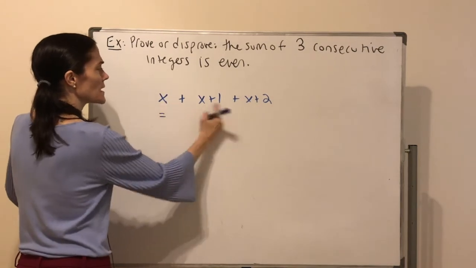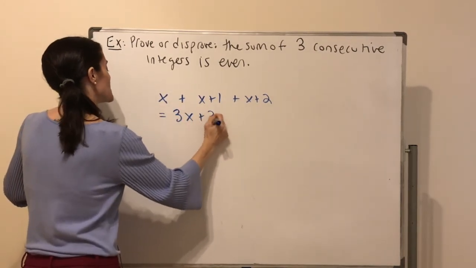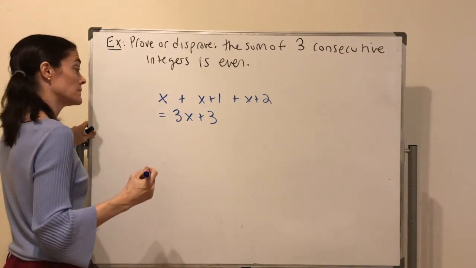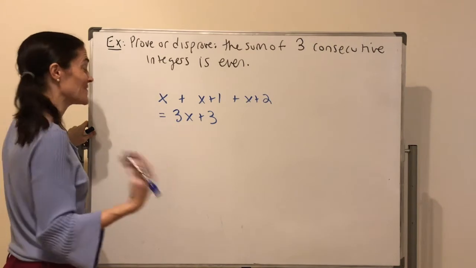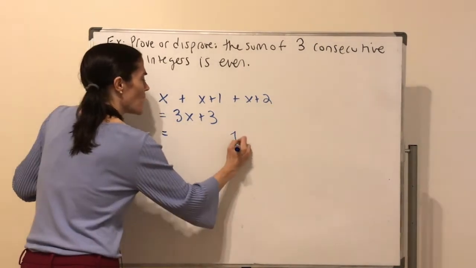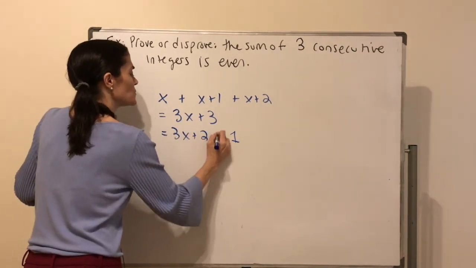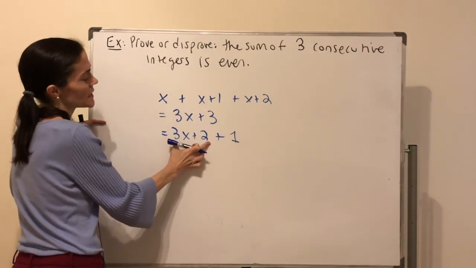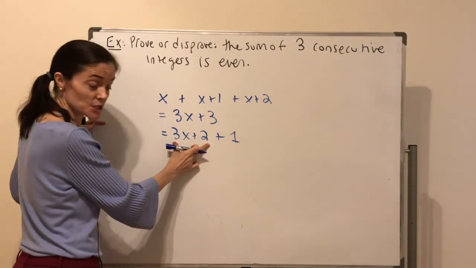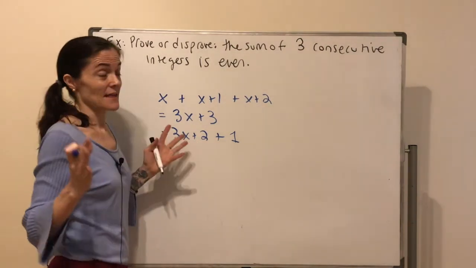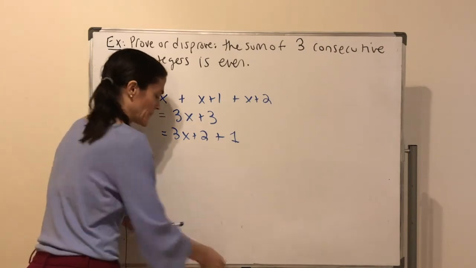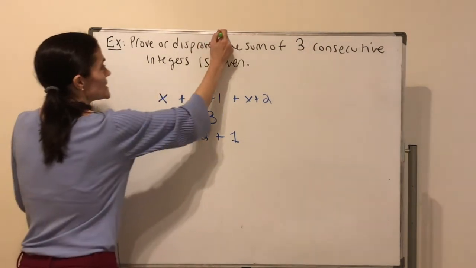You notice here I get 3x plus 3, which, let's see, is that even or odd? Really, it could be either. If you tried to break off a 1, we would have a 3x plus 2 plus 1, and then this thing could either be even or odd. It really just depends on the integer x. So that makes me think that maybe proving is not the right technique, and in fact, we do want to disprove